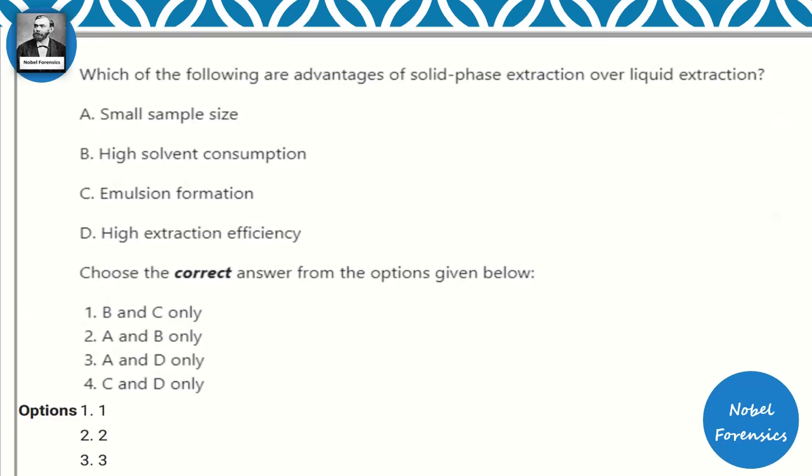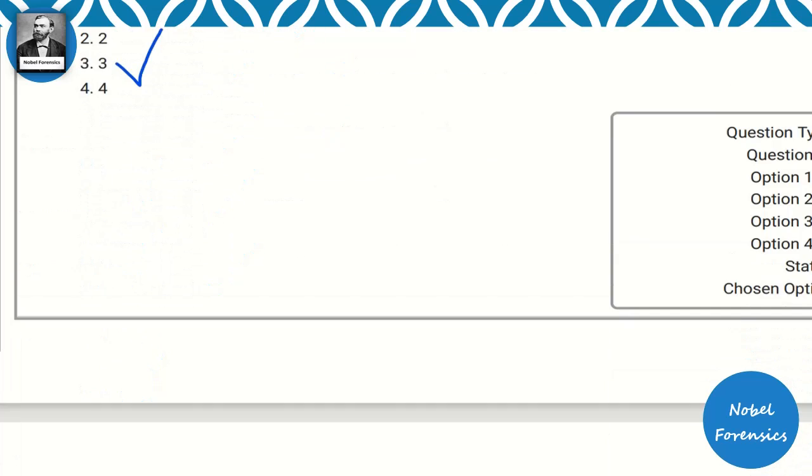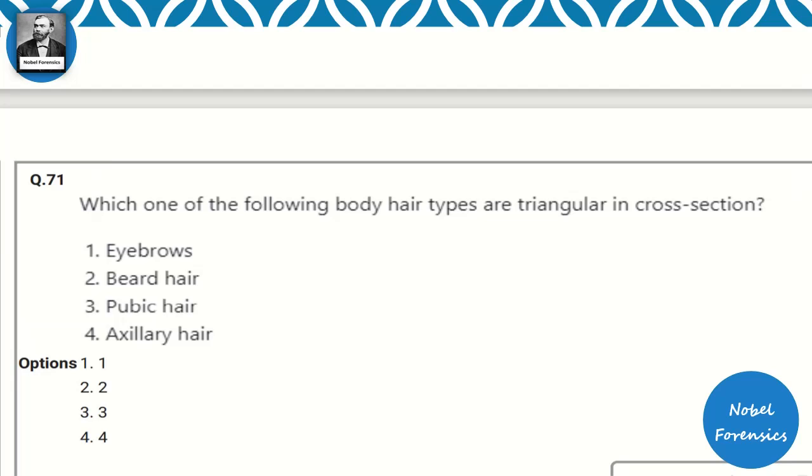And 70, which of the following are advantages of solid phase extraction over liquid extraction? Small sample size and high extraction efficiency. These 2 are advantages of solid phase extraction over liquid extraction. A and D only are correct. So here option 3 is correct. Then coming to 71,